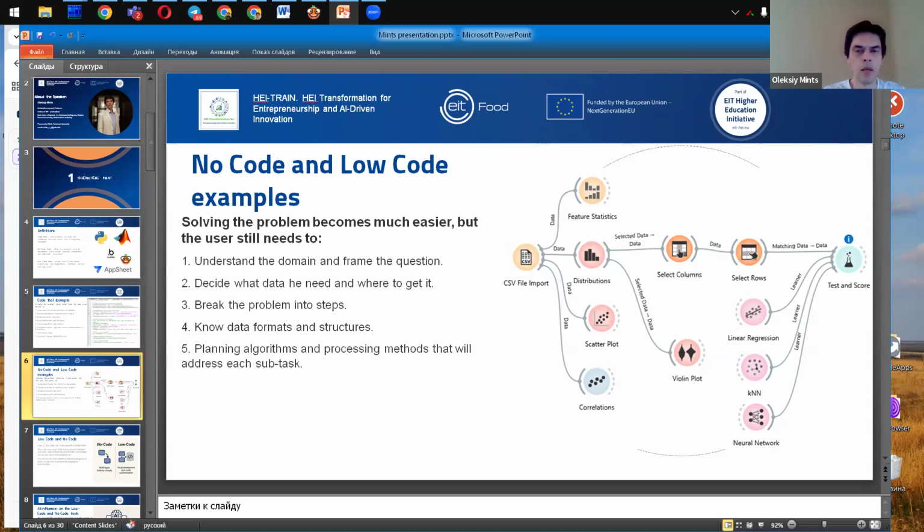Even the number of steps for low-code and no-code applications is less than it is for code tools. And the essence of these steps is also easy to use and easy to manage.